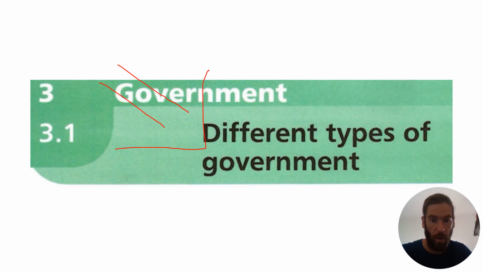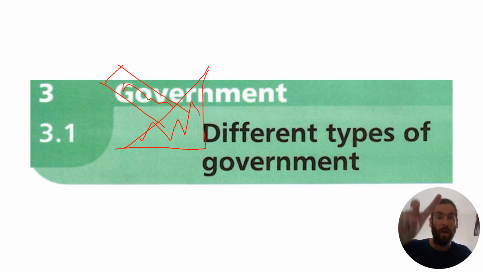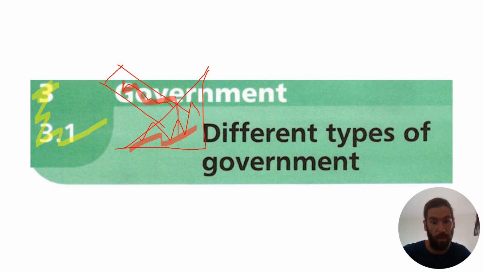So in this video, we're going to talk about what government is and what different kinds of governments we have, mainly in the Caribbean, but those that we have in the Caribbean, we also have worldwide. It would be, like always, very smart to take in front of you chapter 3, paragraph 1 of your book so that you know what I'm talking about. So chapter 3, paragraph 1, take it in front of you, and we are talking about different types of government